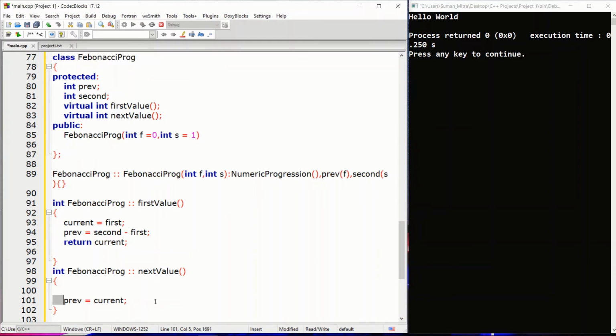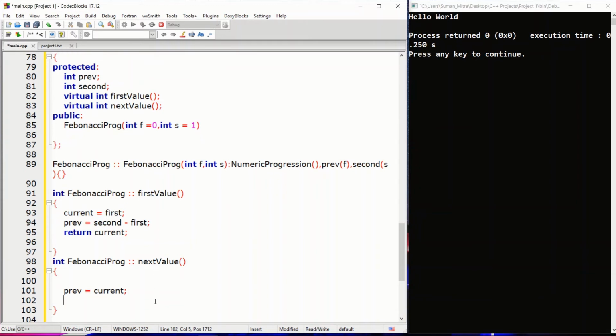Okay, and just come down here and write current equal to current plus equals to previous. So now the previous will get changed, so we can create one more integer, simply write int temp equal to previous, so that we can store the value of previous before it gets converted to current.